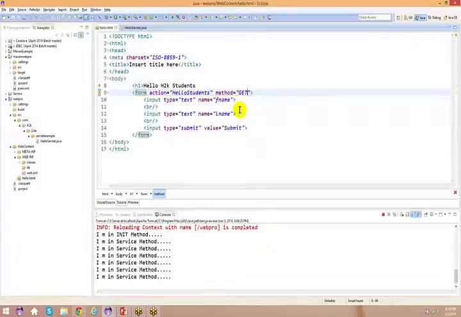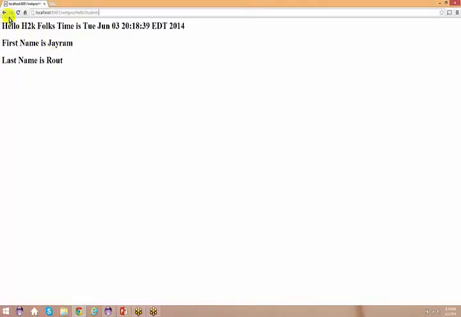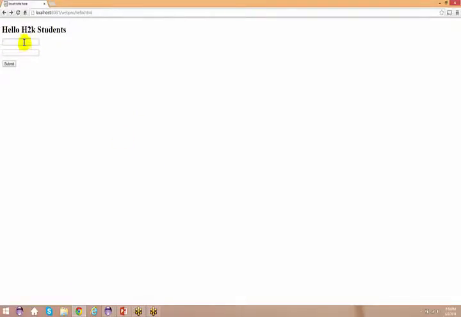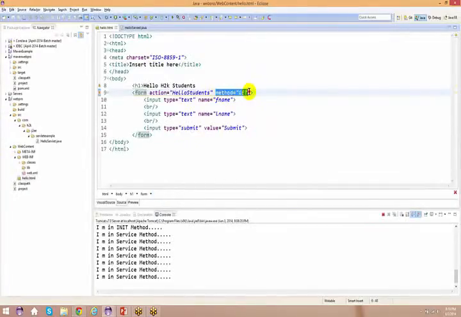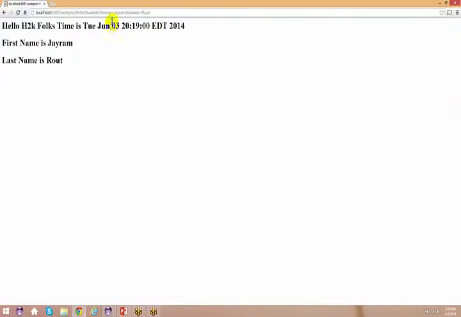Why do we need to use, when do we need to use get, and when do we need to use post? Now go back, refresh this page. Now when I use get, or if I do not use anything, by default the name of the method is get. But if I explicitly say it is a post, it will be a post method. Now if you have a get, when you use get, the URL comes into picture. When you use post, the complete information does not come in the URL.